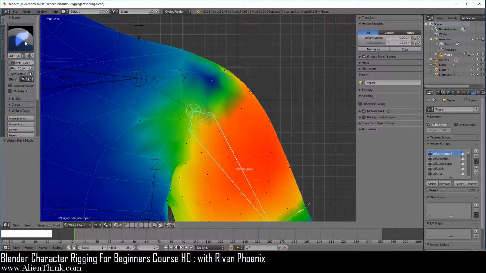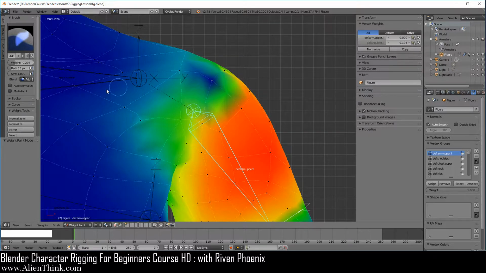So what the add brush does is basically each time you click on a vertex, right? It's just going to take this number close to it and add it. Now if you do it again, it'll go to 400, right? So you can keep clicking it until it goes to 1. So that's how add works.